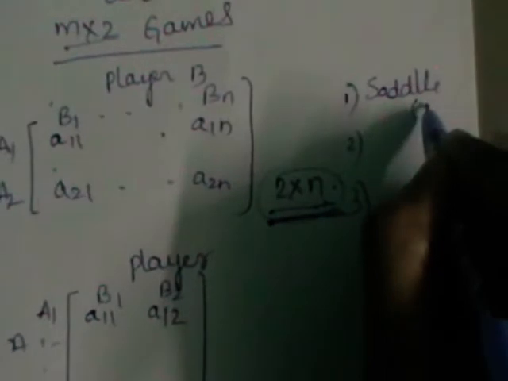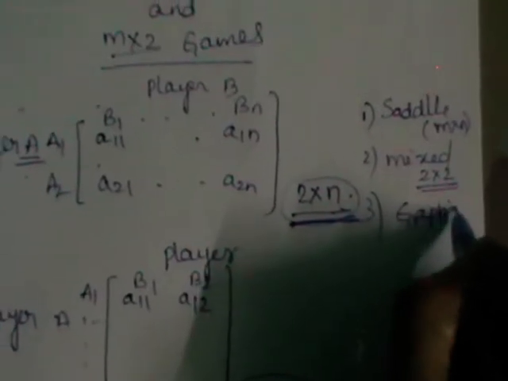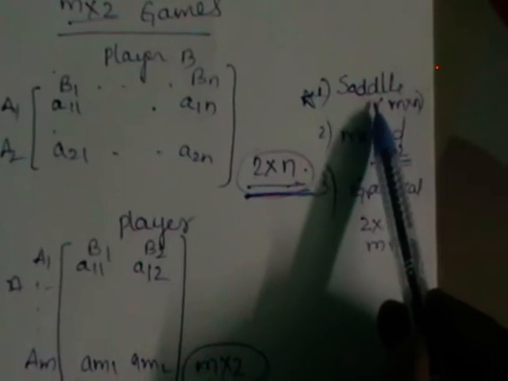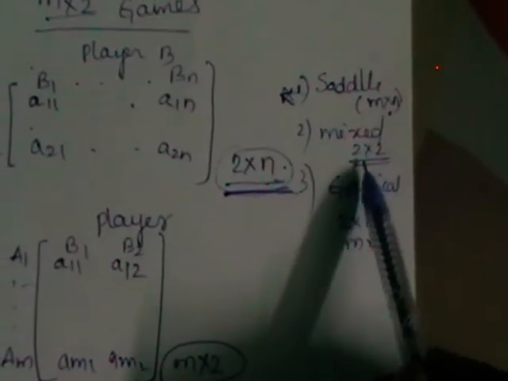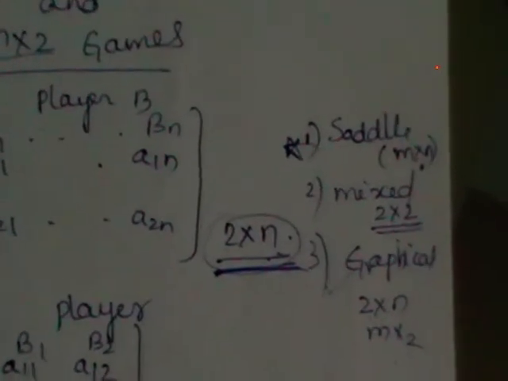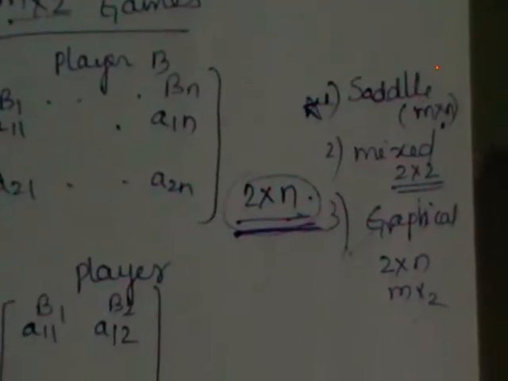So what are the 3 techniques you have in game theory? First one, saddle point. This can be applied for any order m by n or 2 by 2, whatever it may be. The mixed strategies can only be applied for a 2 by 2 matrix. This graphical solution is used when there is no saddle point for a 2 by n or m by 2. The first preferred method is saddle point. Whenever you don't find a saddle point for a given payoff matrix, if it is a 2 by 2, you are going to use the mixed strategies. If it is a 2 by n or m by 2 without a saddle point, you are going to use the graphical method. As you know, we can represent the data on a bivariate axis.